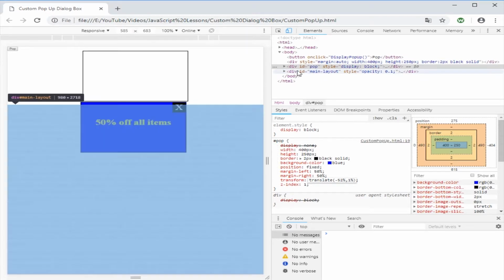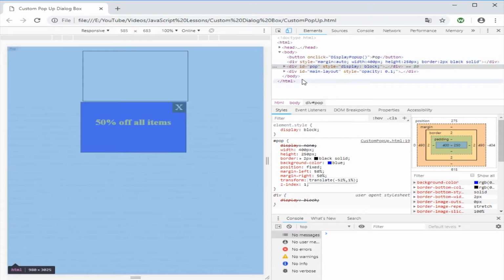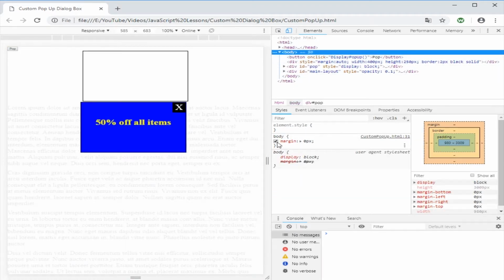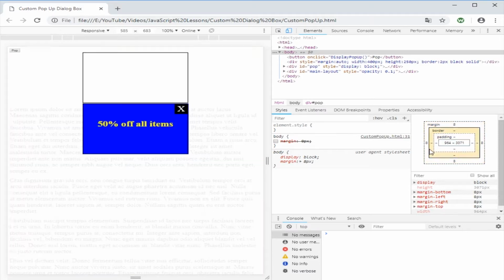That only works when the body tag has a margin. What if the body tag has a margin, but the default you can see is 8 pixels, or upwards, but if you set the margin to 0, then